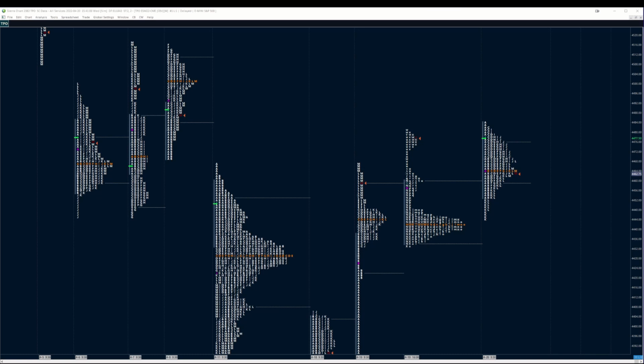And that's where we kick in this idea that you should be looking at where value is relative to previous days. Because what value does, it reflects the range of prices that market participants are going to be participating actively. The size of that range of prices, or the value area,